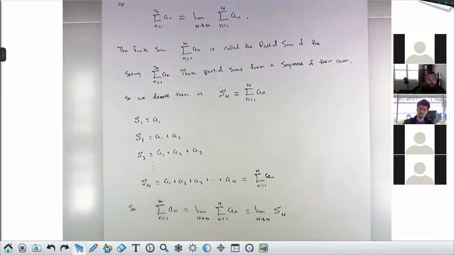The funny thing is that S_n, S sub capital N, is a sequence. There's a first one, a second one, a third one, a fourth one, an nth one. The way we define convergence for an infinite series is in terms of its sequence of partial sums. If the sequence of partial sums is a convergent sequence, then the infinite series is a convergent series. And the sequence a_n converging doesn't tell me whether the sequence S_n converges.